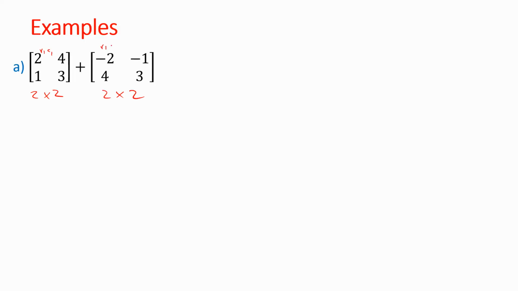Now, let's do an example. Addition, real simple. So the first thing I said was adding and subtracting, you have to have the same dimensions. Now this is 2 rows by 2 columns. So a 2 by 2 matrix. This is also 2 rows, 2 columns. So yes, they are the same dimensions. Now you can add them. How do you add them? Positions. This is row 1, column 1. So row 1, column 1 is 2. Row 1, column 1 for this one is -2. So when you add them,